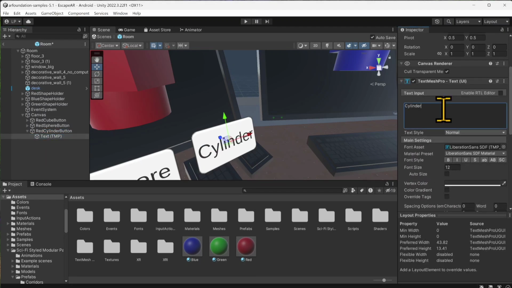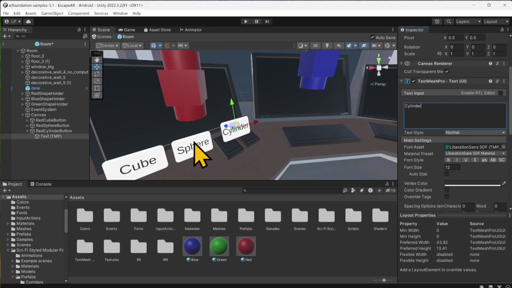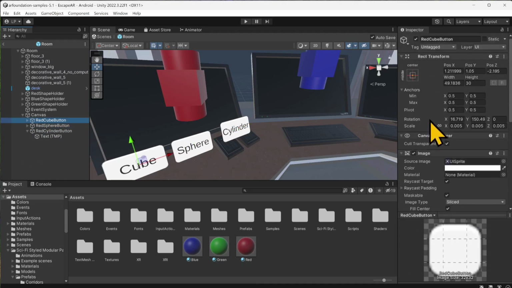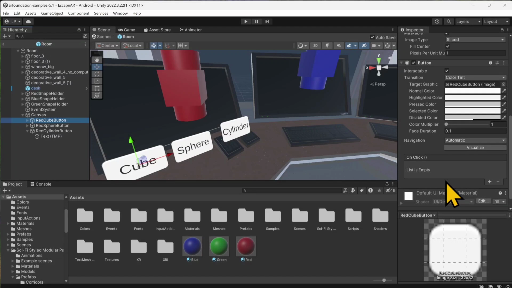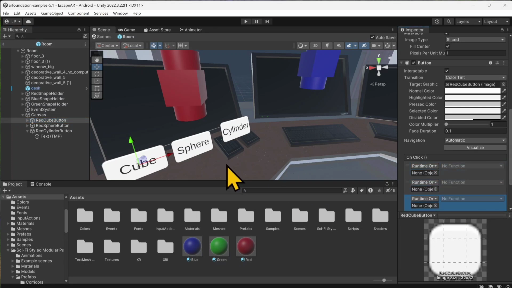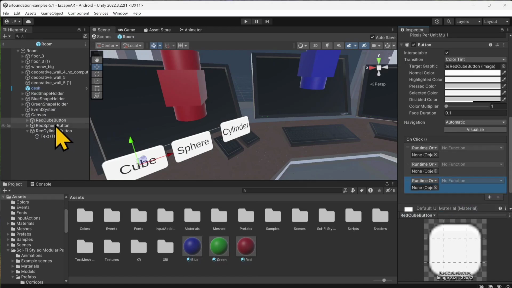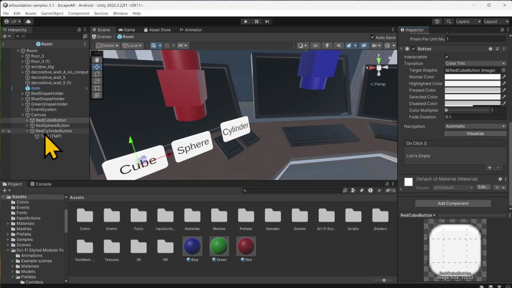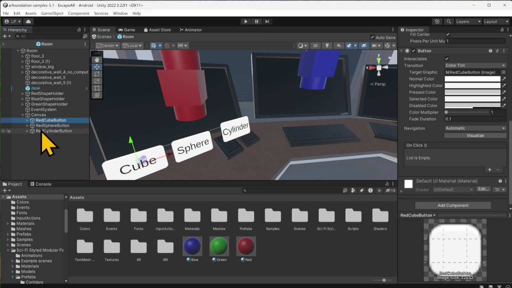And then change that text to cylinder. All right, so now to have these buttons control which shape shows up, I'm just going to use this in Unity. If I click on a button and scroll down, you have this on click event. So to make life a little easier, I don't have to do it in code. I can tell which game object I want to turn off and on here. So if I click here, yes, yes, yes. And I can highlight them all. I probably should have just done one correctly and then made the other buttons. But I can do this right here. If I highlight all of these buttons here,